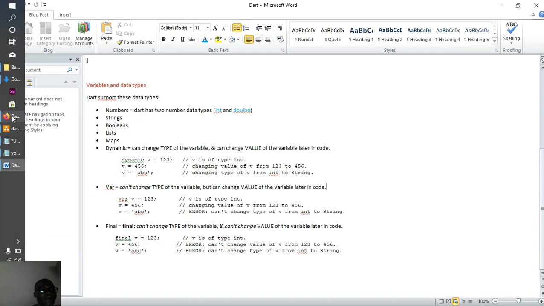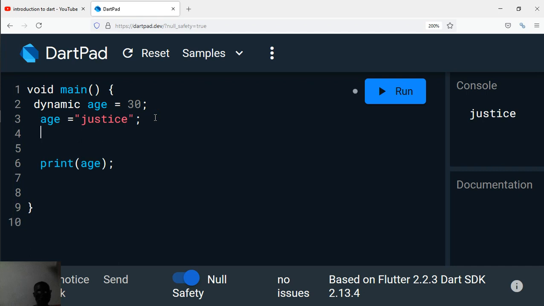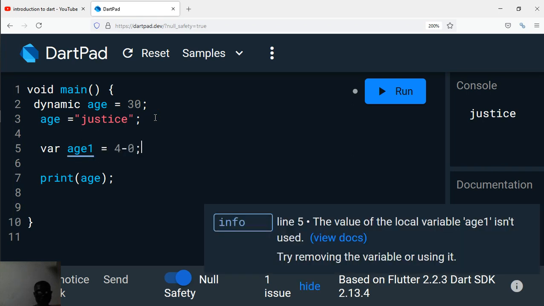A var. These are the JavaScript guys. H1, and then let's say 40. Now what does this var represent? We use var to initialize variables. Those who are already familiar with JavaScript know what var does. It is used to declare variables, but